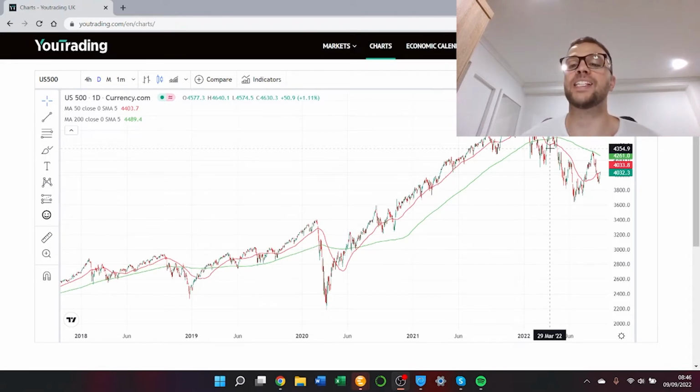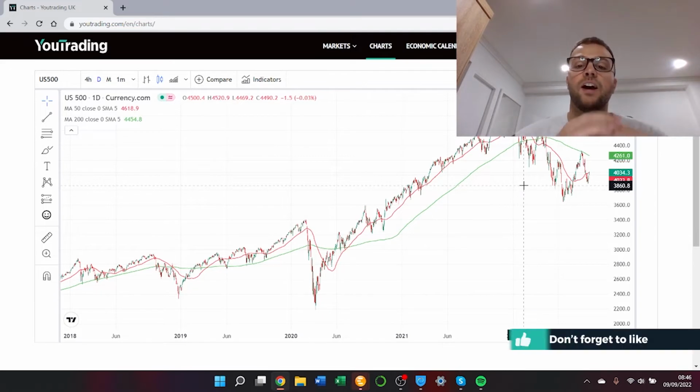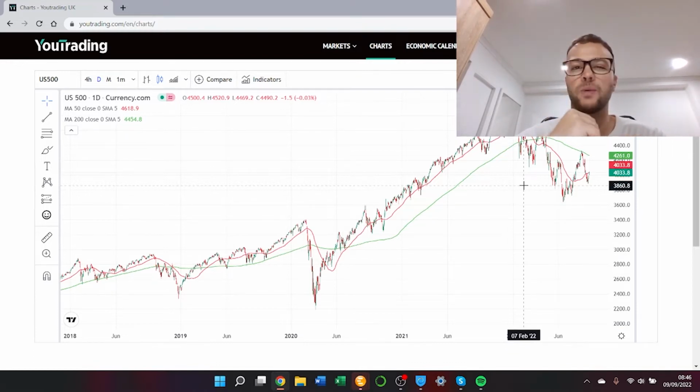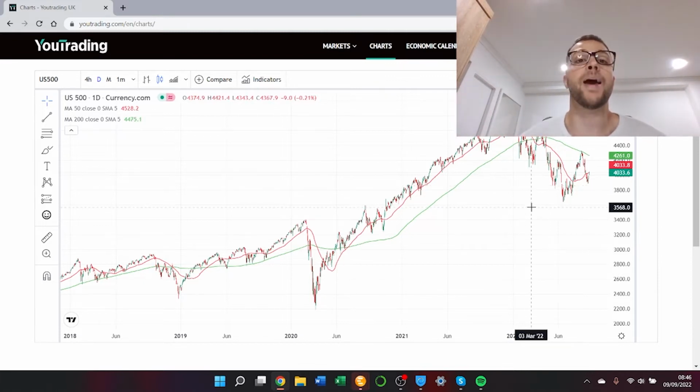Sounds a little bit ominous, but what it is really is just when, well, a golden cross is when a short-term moving average, an important short-term moving average, usually the 50-day moving average or the 21-day moving average, moves above a longer-term moving average, such as the 200-day moving average. That's a golden cross because it potentially indicates a bullish shift in the market. Equally, a death cross is when that important short-term moving average moves below the longer-term moving average, indicating a bearish shift in the market's momentum, pretty much.